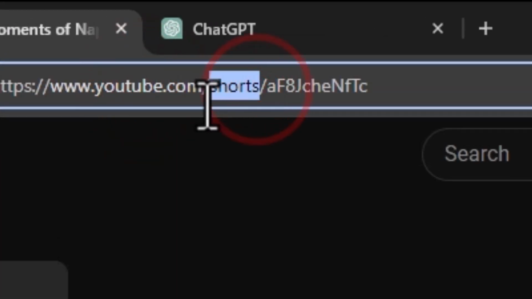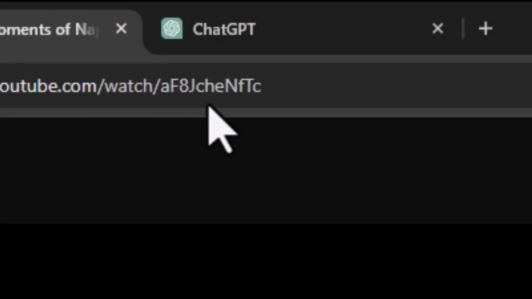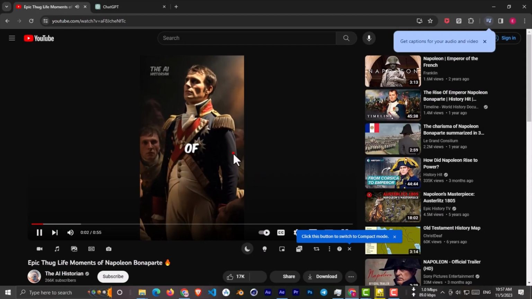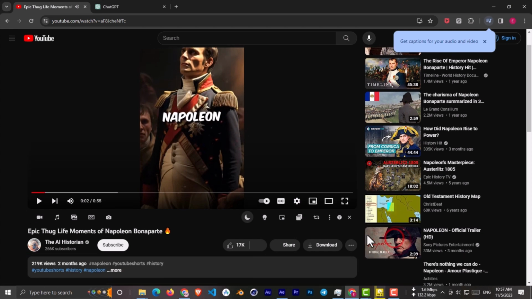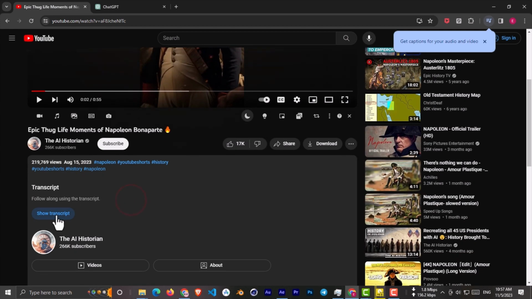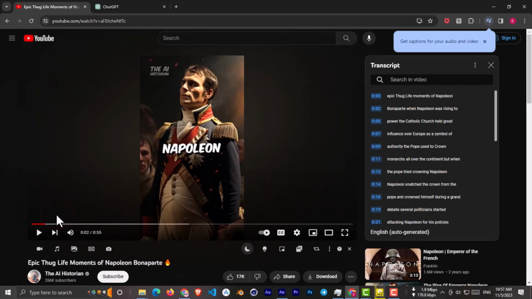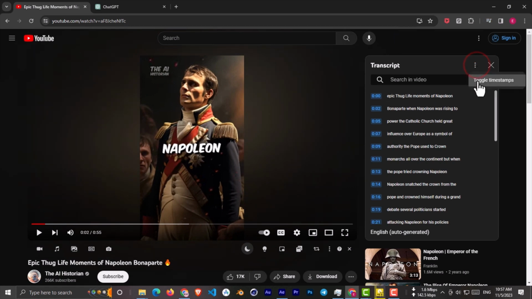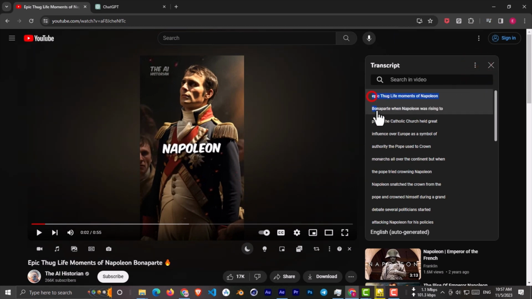Now from here, change the "shorts" text to "watch" and press enter. Then go to description and click on show transcript. Click on this 3 dot and toggle timestamps. Now copy the whole script